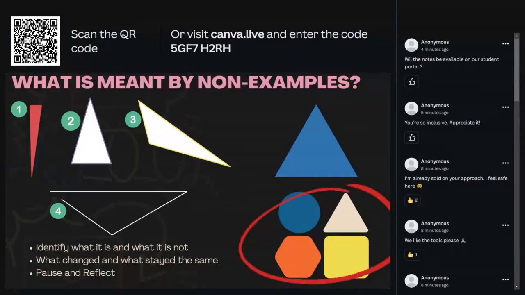So basically what non-examples ask of us to do is to think about what this particular thing is, as you would have defined it in the traditional sense, but also what it is not, and almost approach it from an opposite, negative, or different perspective than you would generally have looked at it. So by concluding what a non-example is, I'm showing you an example at the bottom of the screen.